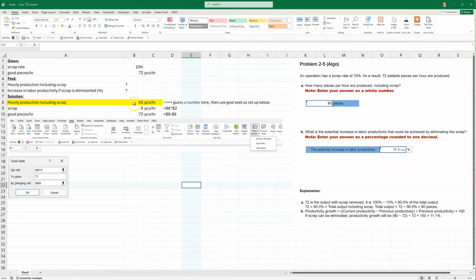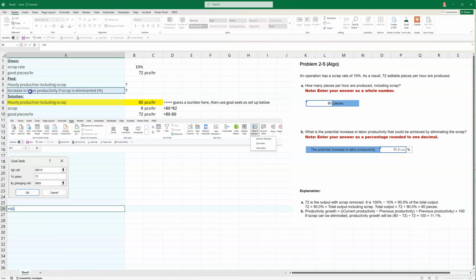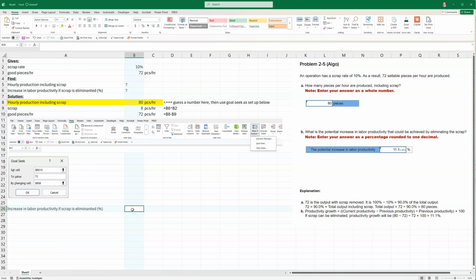So I just made Excel look for the answer just by reasoning it out. Now, we know that 72 plus 8 is 80, and we ended up with 72, and that's how many we're supposed to have. Okay. Now, the next thing it wants to know is the increase in labor productivity. And the book uses this formula here, and this is kind of the formula you learn in algebra, percent change. I like to use this formula. This is kind of a shortcut formula that they use in finance. It's equal to,